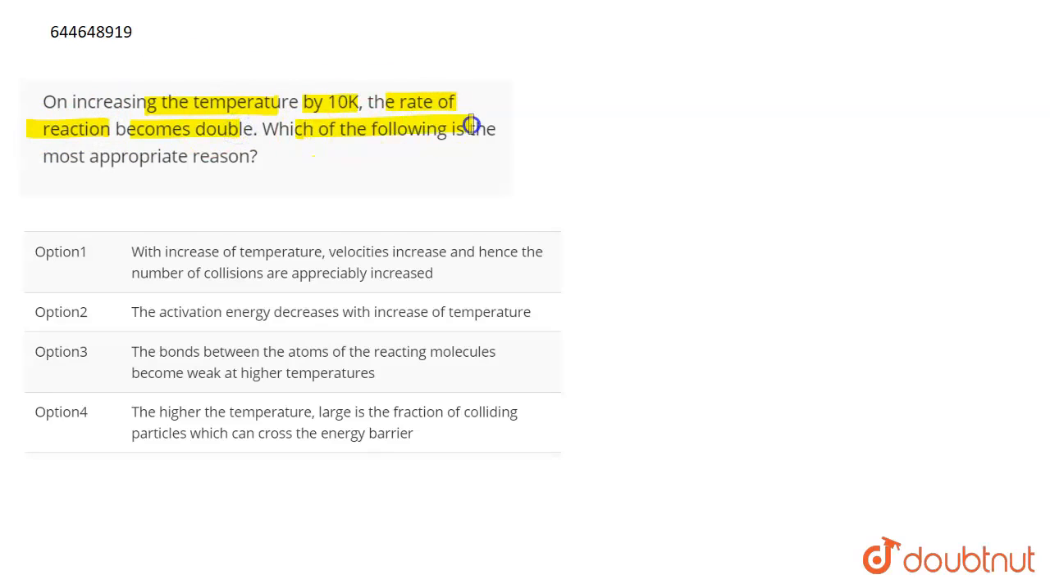The question is, on increasing the temperature by 10 Kelvin, the rate of the reaction becomes double. Which of the following is the most appropriate reason for that? So what happens is that if there is an increase in the temperature by 10 Kelvin, the rate becomes